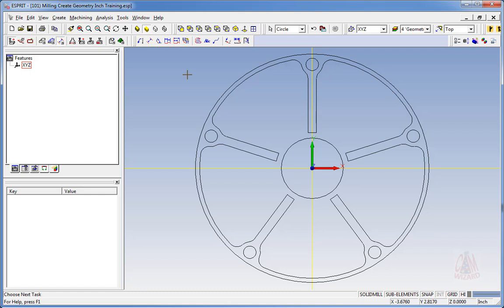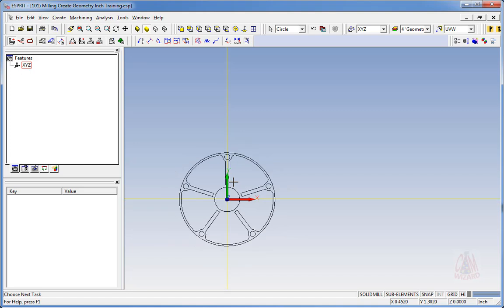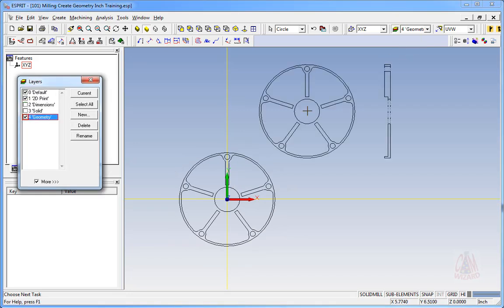Alright, so now we're ready to build a solid modeler. Now, if you're one of those users that doesn't create geometry, doesn't create dimensions, but might occasionally want to create a solid model, then you could have jumped ahead to this movie. And if so, then you might not have drawn this geometry. If that's the case, you'll want to go back to your layer list and turn on the 2D print. And from the 2D print, you'll then be able to go ahead and build this solid model.